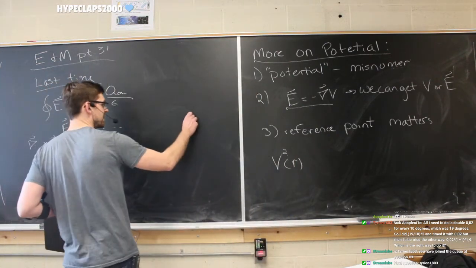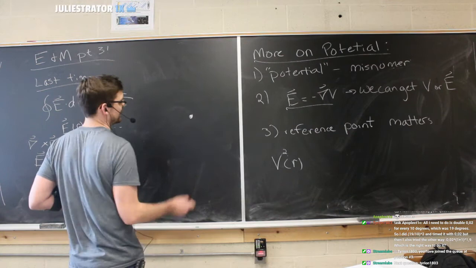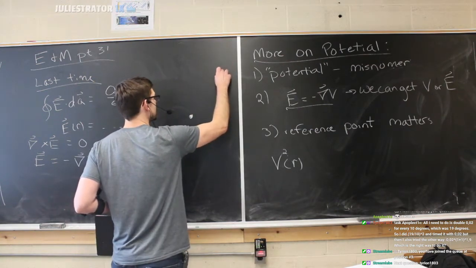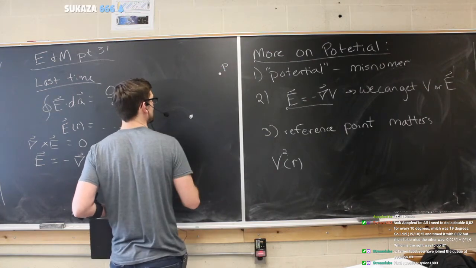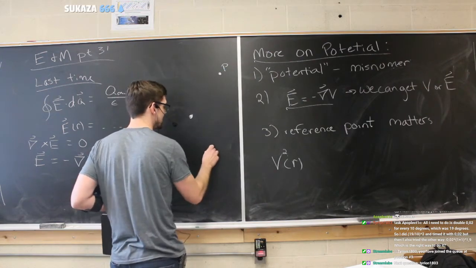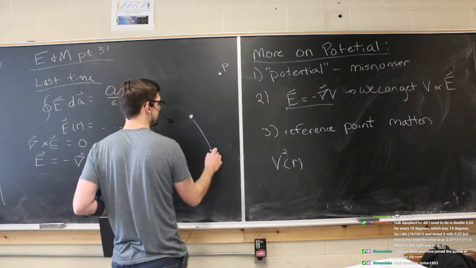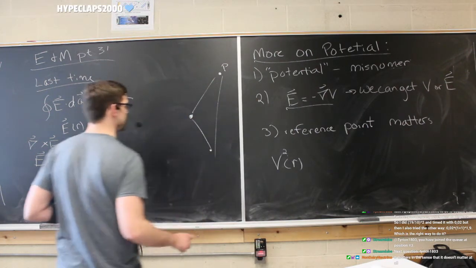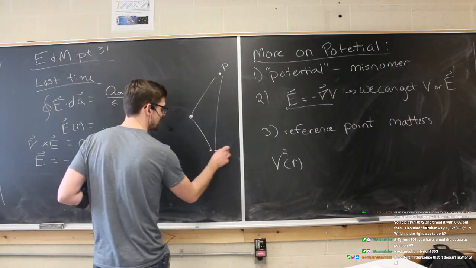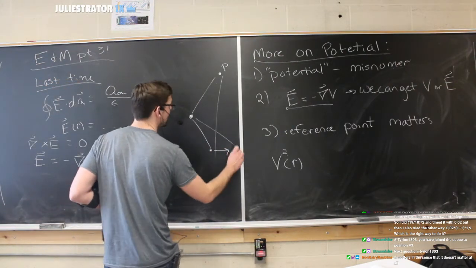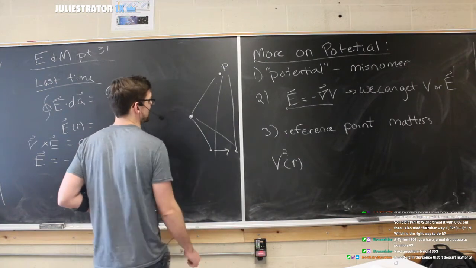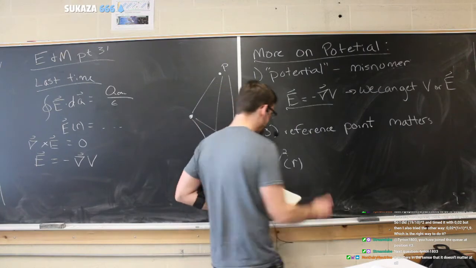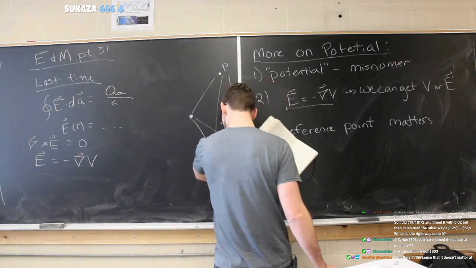So if this is our point charge, and we didn't really do this yet, but we're just going to say this is our point of interest, and we have some origin here. So we have this, and this, with our different vectors. I don't want to get into it yet because we're going to go over this in detail. But what if we just take this and slide it over to a different spot with a different arrangement of vectors? Well, that's not a square, that's a prime.